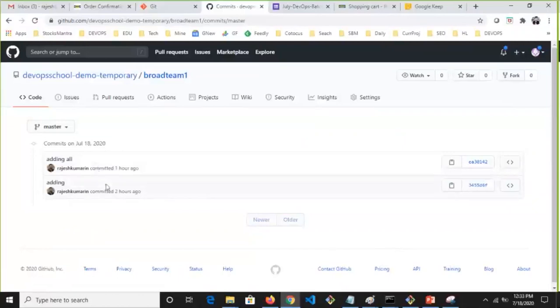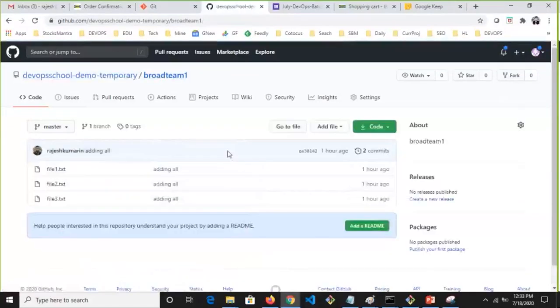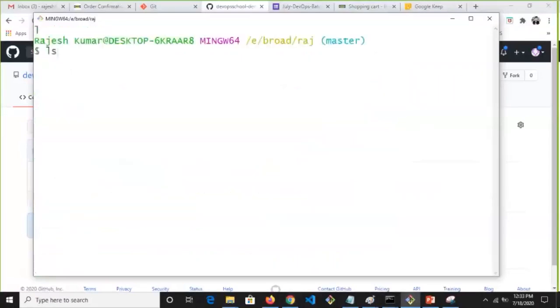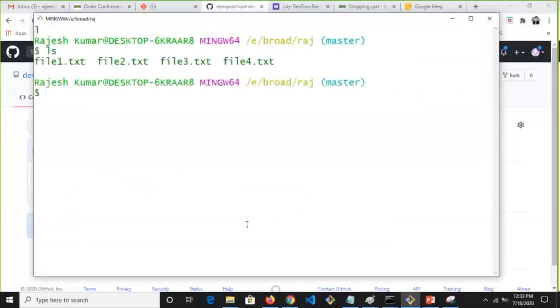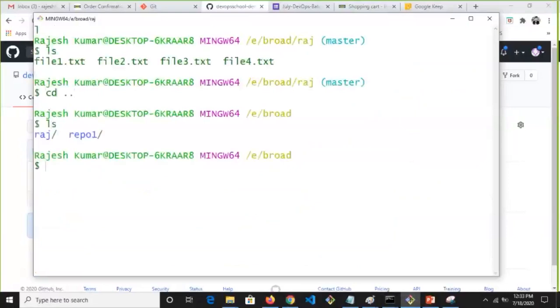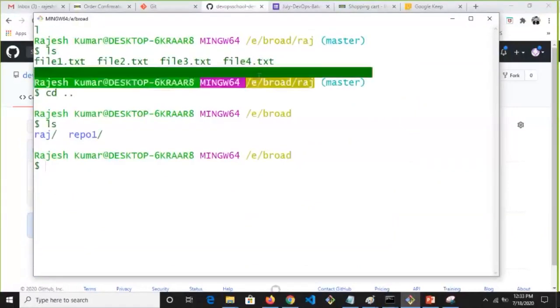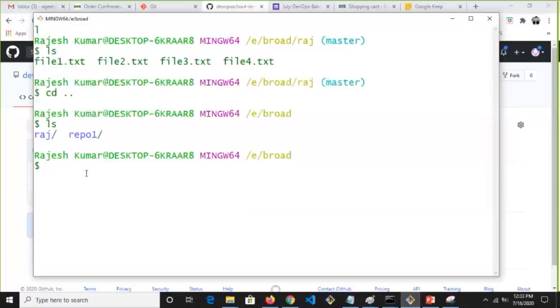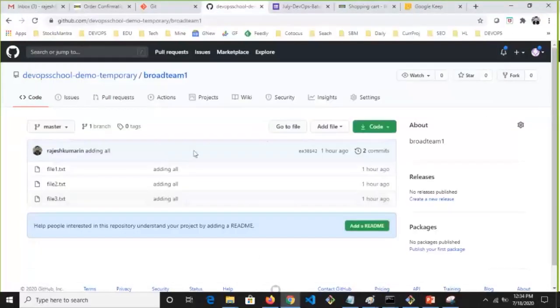Okay, 1 hour, 2 hours, all these things. So many features are there, guys. Not a deep dive into that, but stick to my flow, and here it is. So I committed. Now I have to act like someone else, Deepak. So let's say I'm acting like Deepak. So come out of these directories. The moment I come out of my repository, see, I lose the branch specification. So right now, what do I have to do? I'm a new joinee. So what I need to do? I need to clone it.